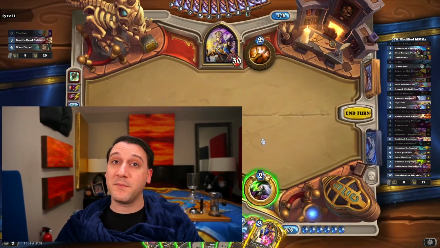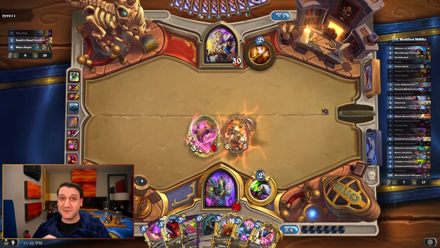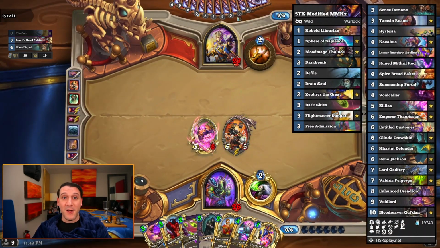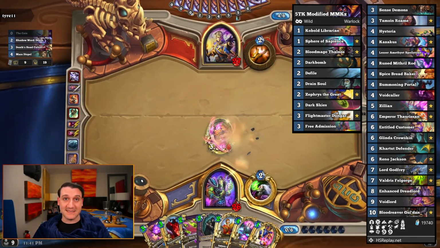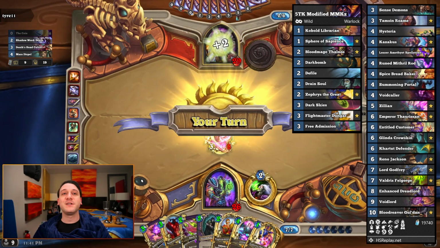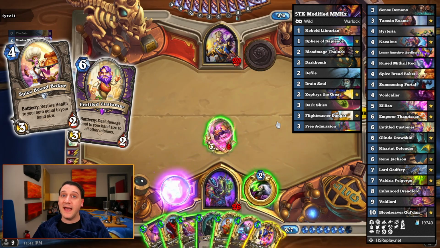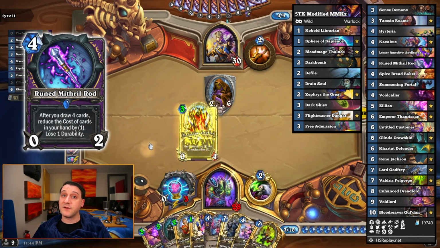As we had a fair number of flight path turns left to knock this one out, we decided to take a bunch of flights all at once with this 5-turn kill Wild Warlock deck we modified from Mark McKay's list, which he introduced before Stormwind came out. This version includes Spice Bread Baker and Entitled Customer as newer control options, and Ruined Mithril Rod as another discount